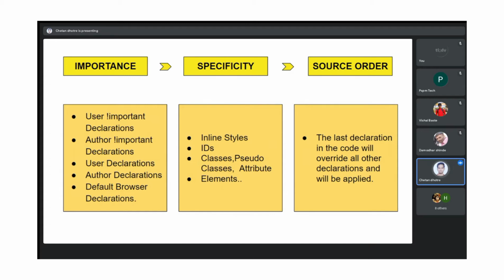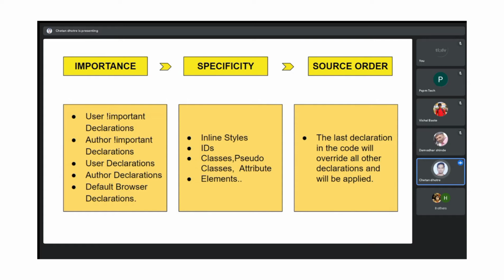And the other one is specificity. I have just written here that it is about whom gets first priority to render things. As I've written here: inline styles, IDs, classes, attributes, and elements. First, we have three style sheets: first is inline CSS, second is internal, and third is external.